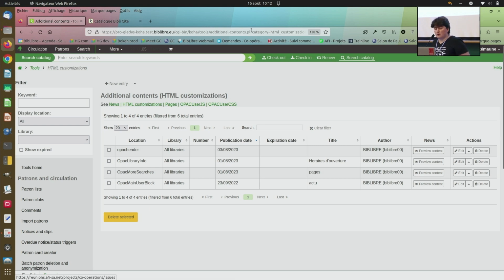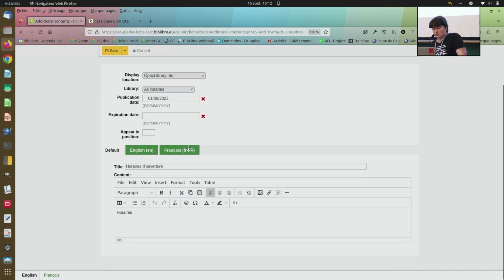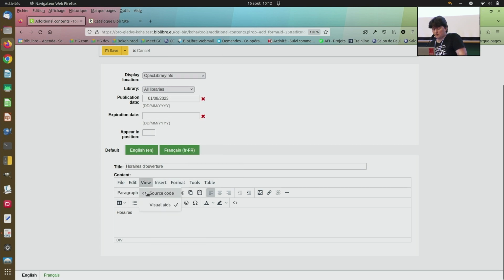So we can add it in the OPAC. So that's the same way as for the OPAC search. I just choose, oh, sorry, view, a source code